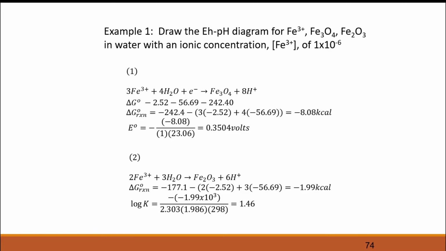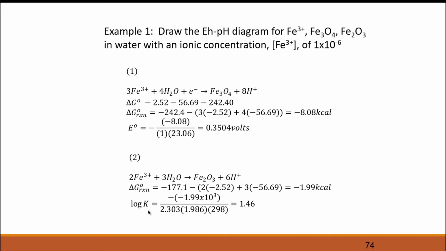Or we can take the logarithm of the concentration of H plus as a constant value, and therefore we get pH equals a constant. Okay, so that's important because pH equals a constant is also the equation of a line, no? And this line, if we plot it in your E-pH diagram, is actually just a vertical line, no? Okay, so